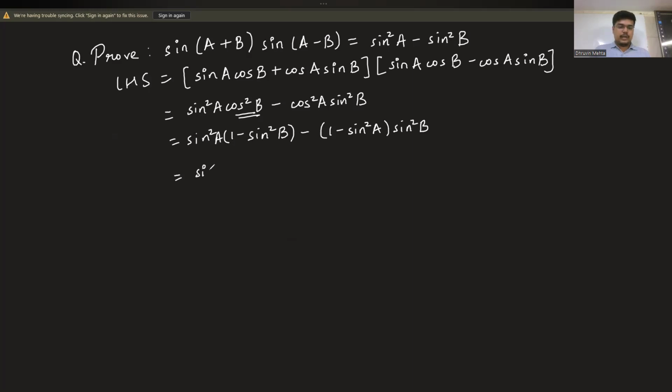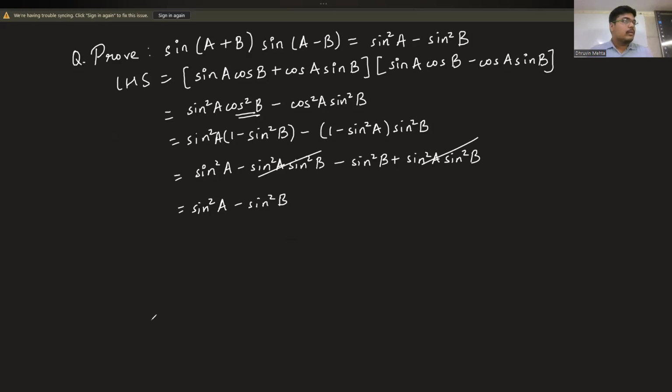तो इसको अगर हम पूरा expand कर दें, this will be sin square A minus sin square A sin square B minus sin square B plus sin square A sin square B. अब ये तो कट हो गया and this is what we want on the other side, sin square A minus sin square B. Okay, हमने प्रूव तो कर लिया, but now what I want you to also do is